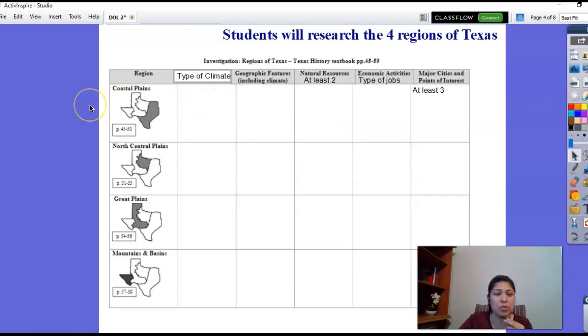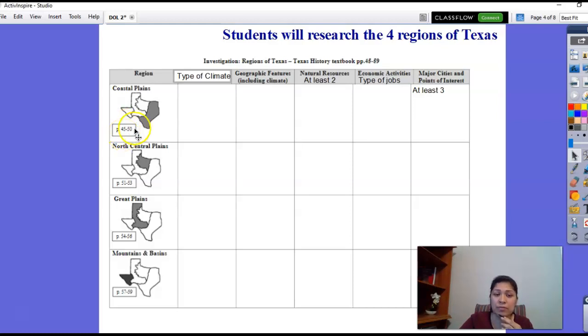And this brings us to our assignment that we're going to be starting today on Monday. It says students will research the 4 regions of Texas. So you have 4 regions: coastal, north central, Great Plains, and mountains and basins. Next to each of the plains, you have a page number. You'll find the answers for the coastal plains if you read pages 45 through 50 in your online textbook. So you need to go to ClassLink portal, click on your textbook, make sure it's Texas history, and you go